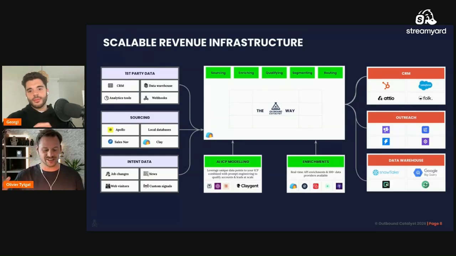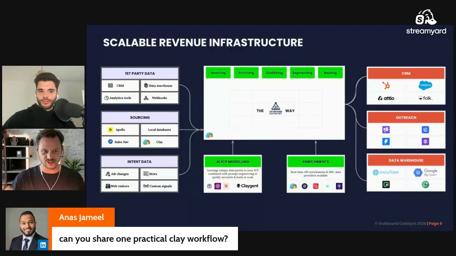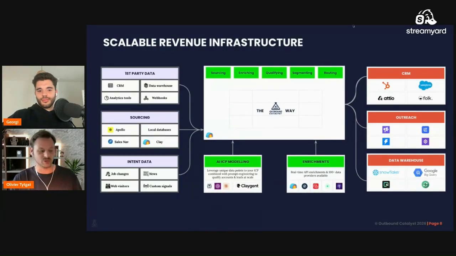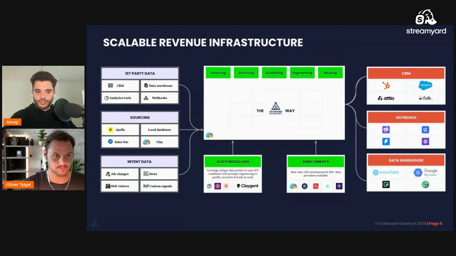All the rest that you do from there is layering in and monitoring activities and movement. Look at it as some kind of stalking, I would say. You're doing research on the actual movements of that company. So that's super important to map out before you start building signals. Yes, certainly. Someone asked whether we can show a practical Clay workflow. Yes, we're switching to it in a second or so.